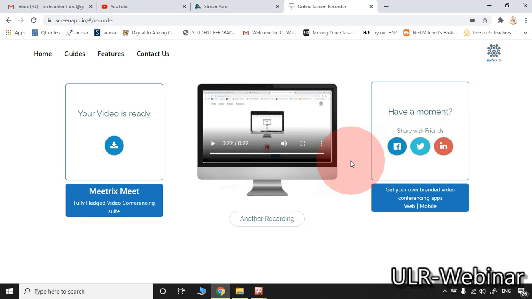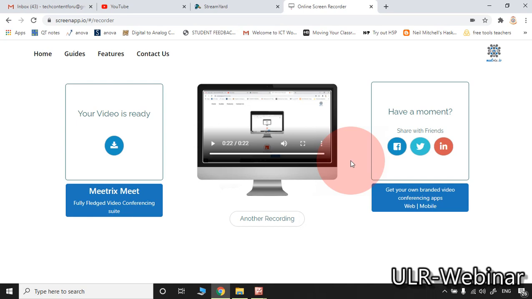Here there is no chance of adding your webcam into that video. There is no chance of editing or trimming, audio boosting, noise removal.